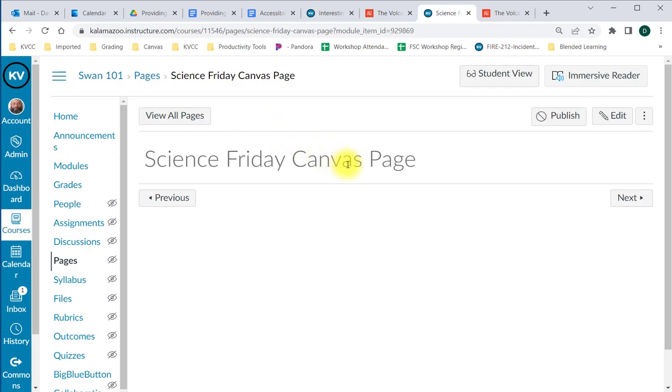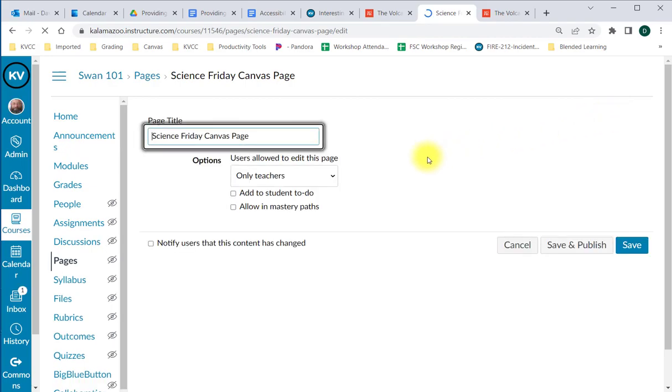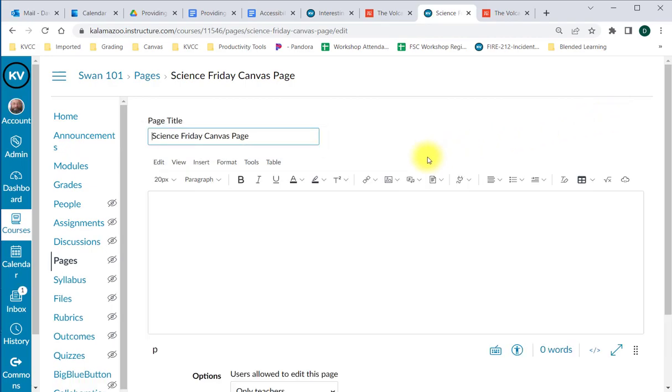And here's our Canvas page. So I'm going to edit. Now, as you watch this video, there is a link to a Google Doc in the comments below the video, or materials section under the video. If you click on that, then you're going to be able to copy and paste the code I'm about to